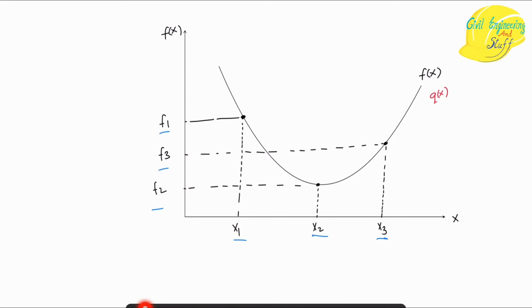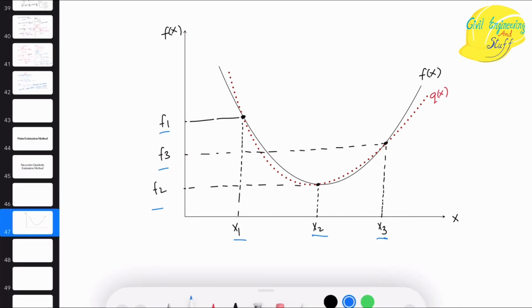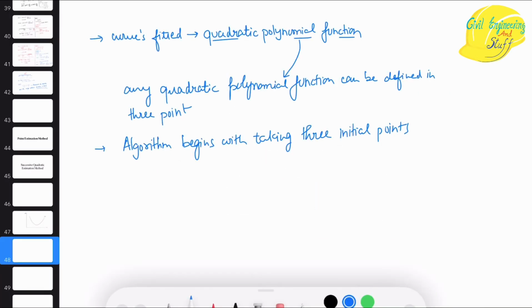This function q(x) will also have a minima, so we will take this value of this minima, let's say that will be x bar, that we are going to discuss, and through this we progress our search for finding out the minima. All right, so